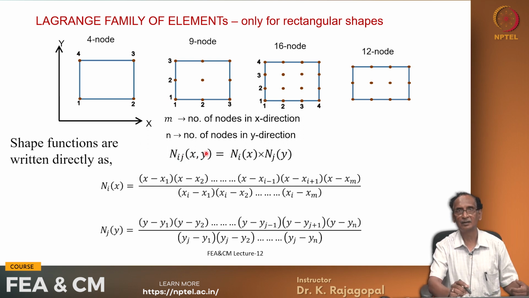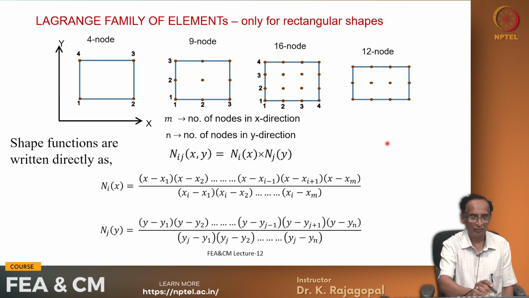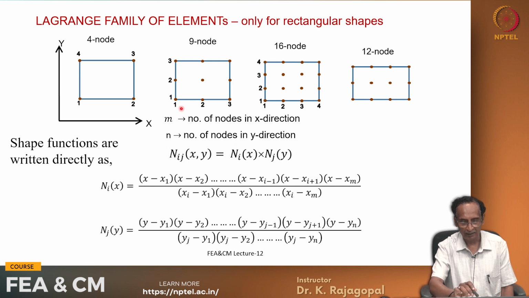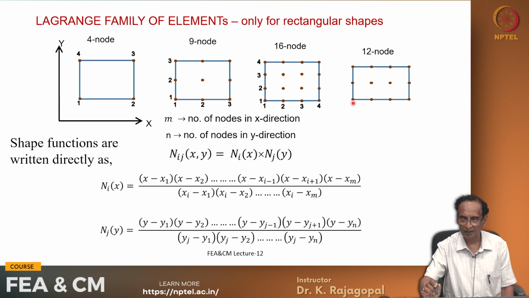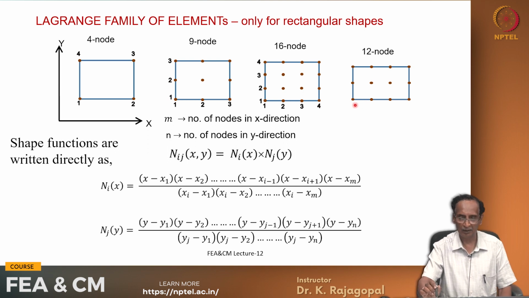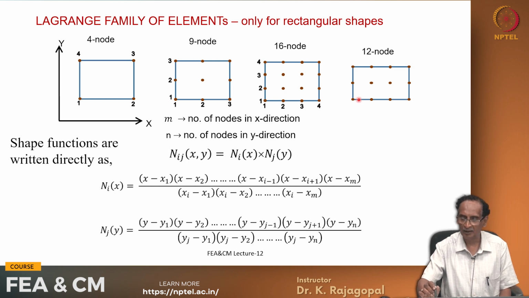and the way their shape functions are developed is slightly different from what we have seen earlier with the generalized coordinate method. Let us consider a 4 node Lagrange element. So, it has 4 nodes 1, 2, 3 and 4, and then a 9 node element has 3 nodes along the x axis and 3 nodes along the y axis, and it could have 4 nodes along the x axis and 4 nodes along the y axis. It is not necessary to have the same number of nodes along both x and y axis. Say here we have a 12 node Lagrange element that has 4 nodes along the x direction and only 3 nodes in the y direction,